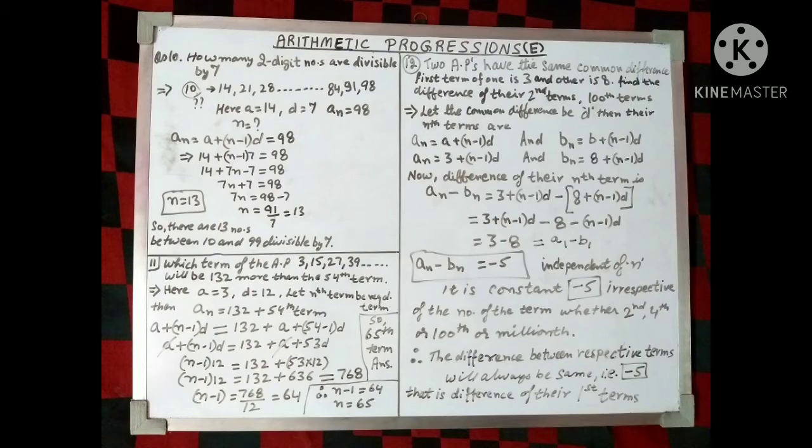Now we have another type of sums where we have to select the terms of an AP in such a way that we use the arithmetic progression method. This method and the sum to n terms method will be discussed in the next video, Arithmetic Progressions B, right? So you must watch it very carefully, just as you did in this video, right?